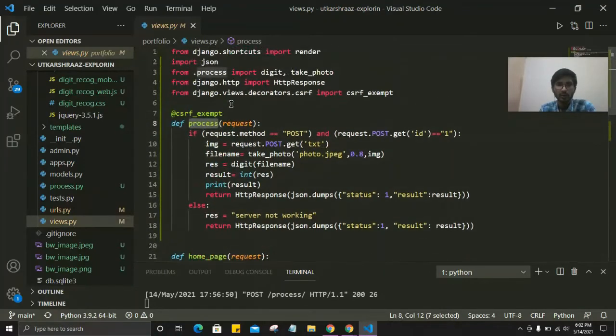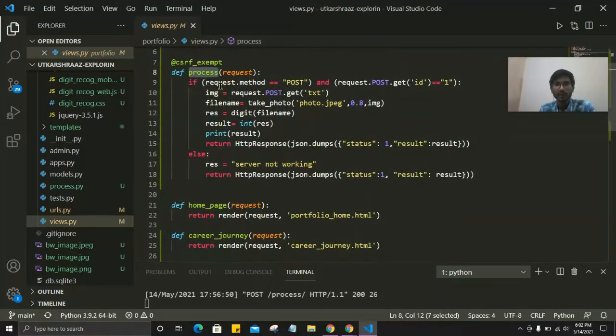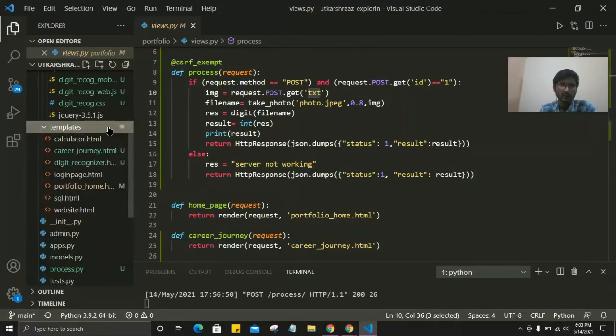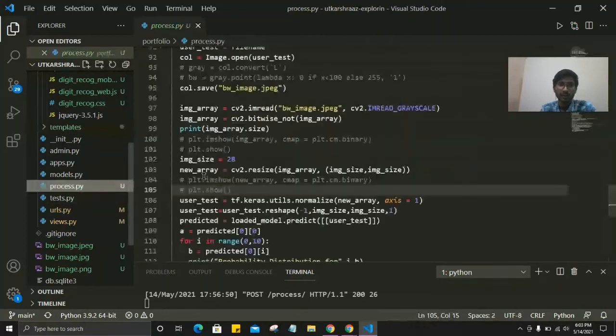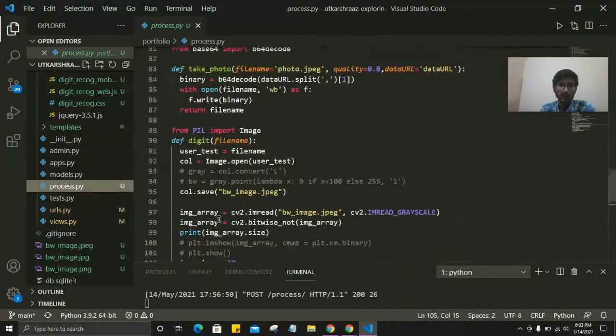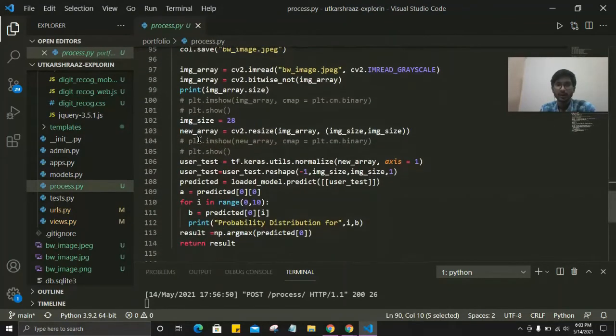Using this view you can see I am taking that data URL, and from that I am taking this txt. This txt is the same data URL; I pass the data URL in the form of txt. Then I am sending this to digit, and digit is the process function which processes the image and predicts the result.